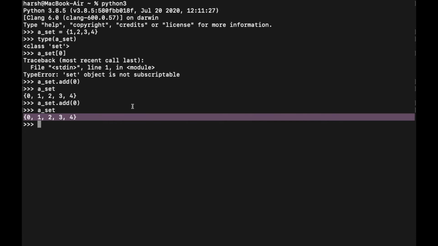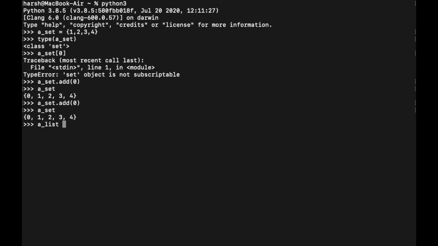Let's say I have a list. Let's say a list equals 1, 2, 3, 4, 5, 6, and then repeat it again 1, 1, 1, 2, 2, repeating several elements. Now I have a situation where I only want unique elements from our list. How to do that?